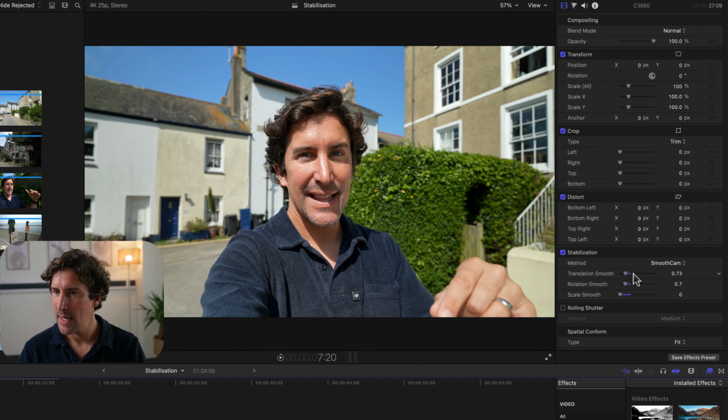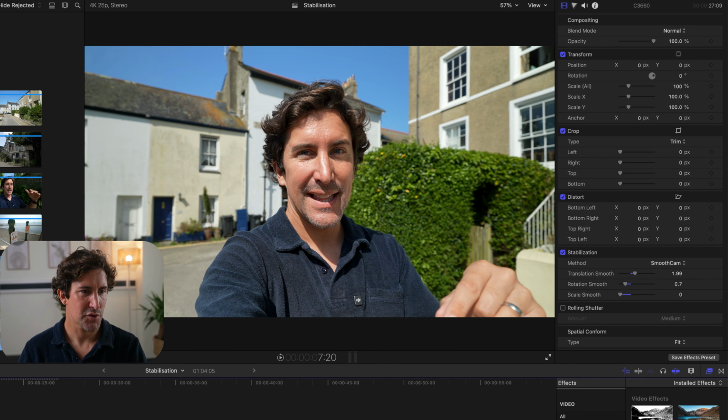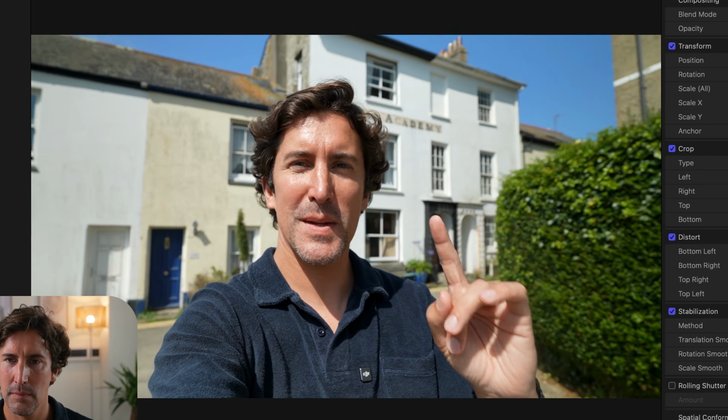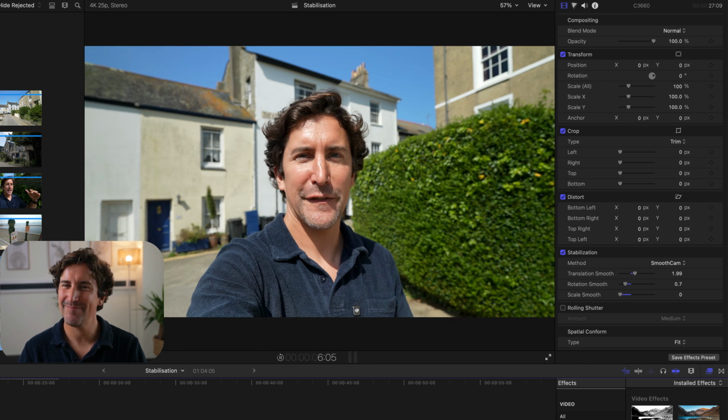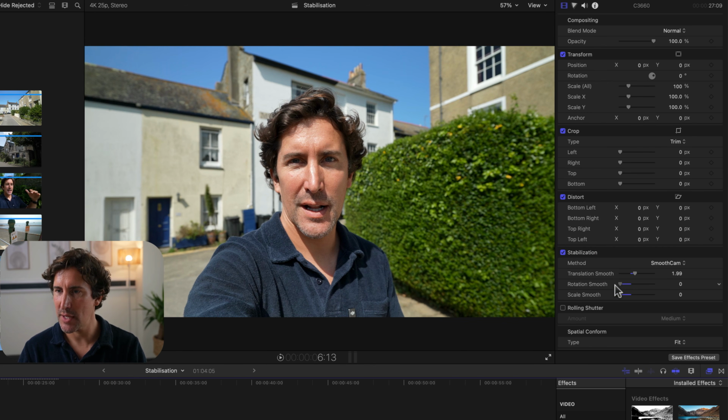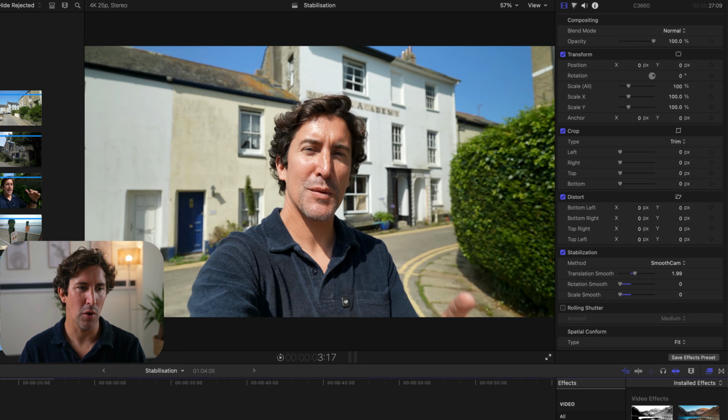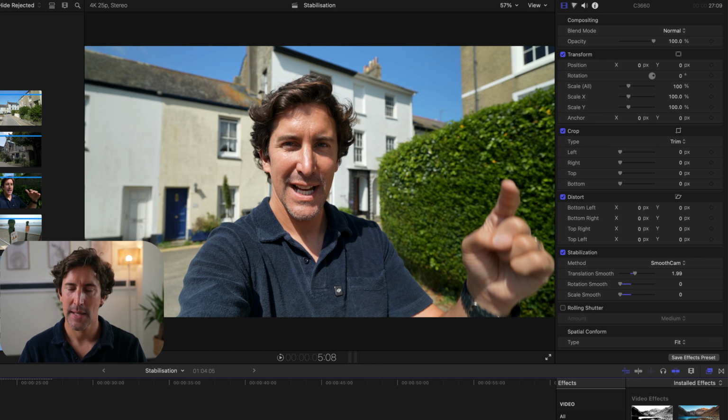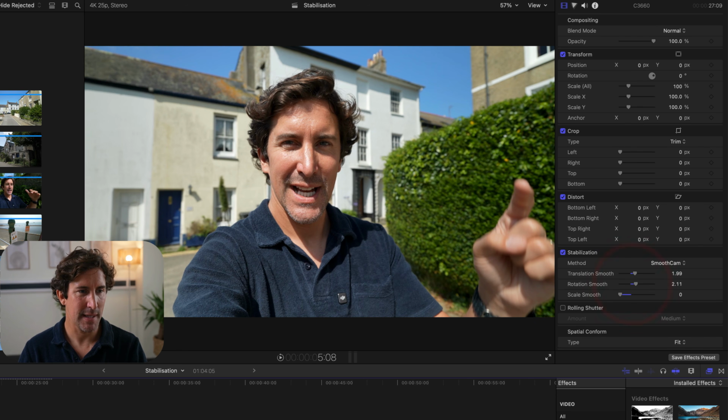Still not looking great. Let's take it slightly higher. Let's try this. Looking slightly better, I would say. Let's try the rotation smooth all off. That looks the worst. So we know that actually the rotation smooth, if we bring this up a little bit,